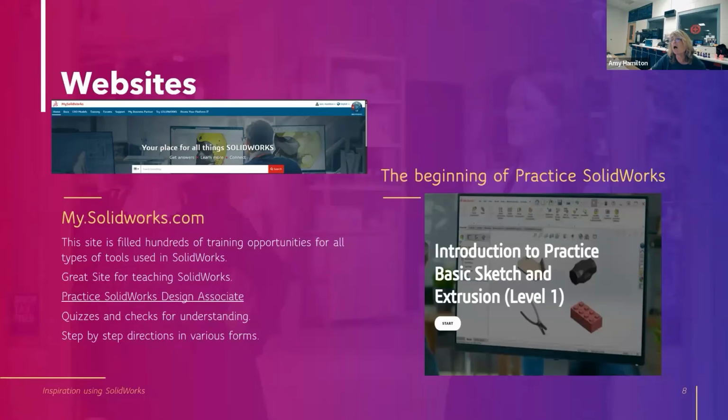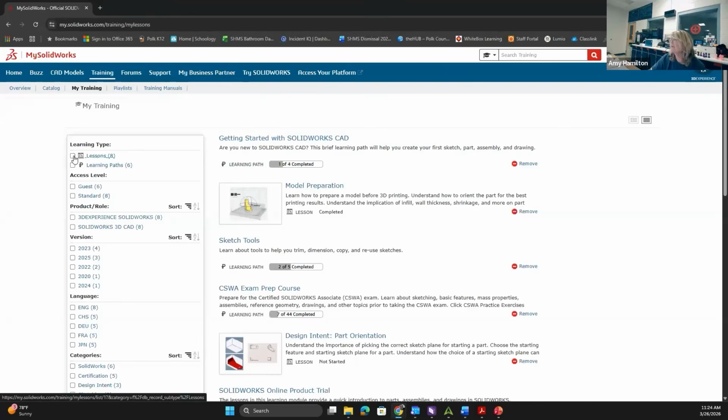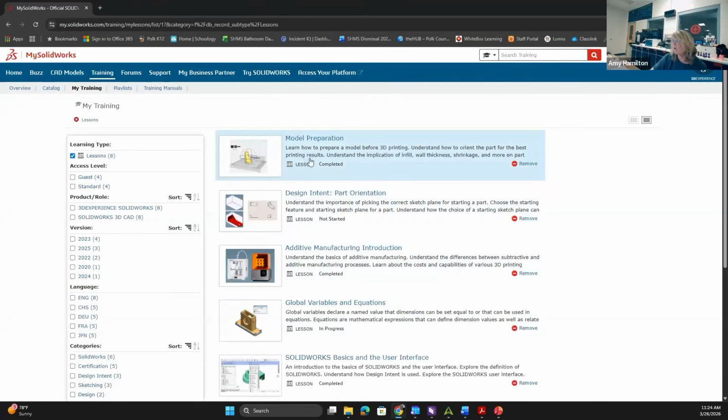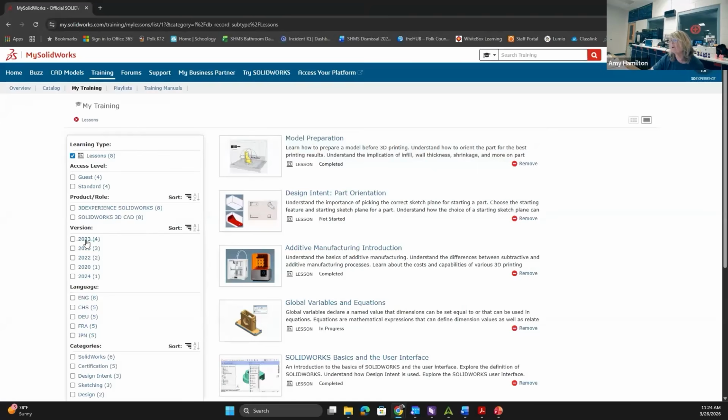with my SolidWorks, to pull up all of those lovely lessons. So I'm going to pull mine up. So as you can see, if I come in here and click, this will actually show me lessons that I've gone through, lessons that I've learned, lessons that I can relate back to. And the cool thing is I can sort them by the SolidWorks version that I have in my classroom. So if you're working with 2024 and not 2026, you could go back in and look at these lessons, because